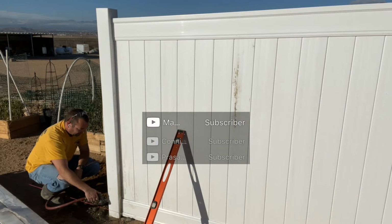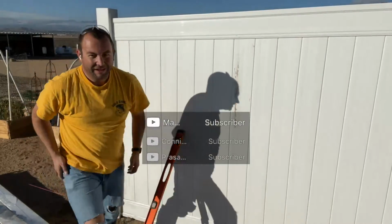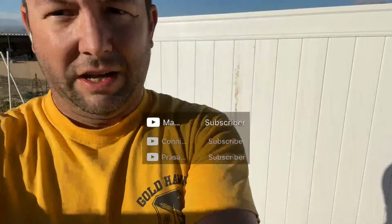It's just a lot of work. It's also really helpful if you have that auger. That makes a huge difference. So, all right, take a look here